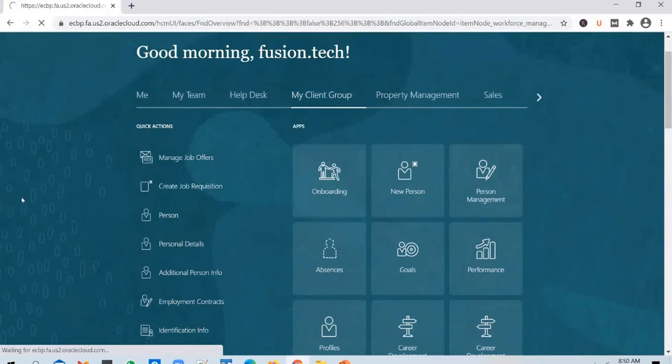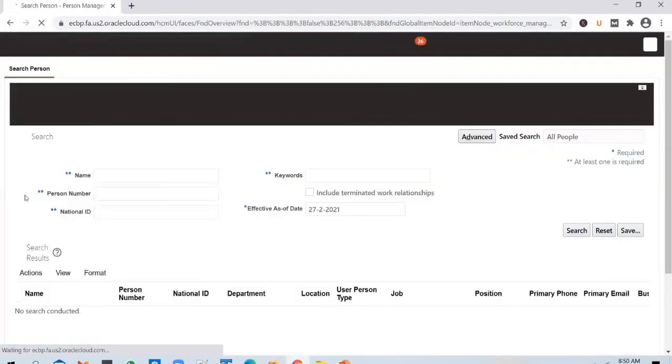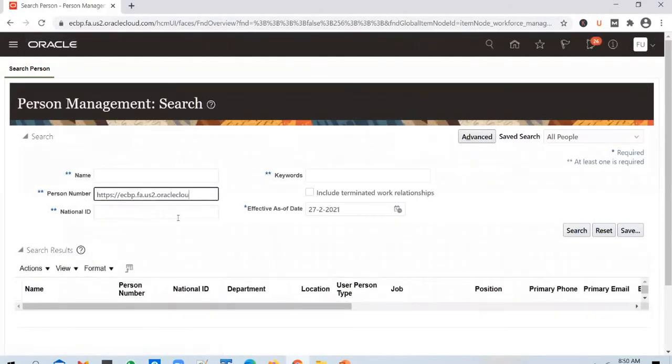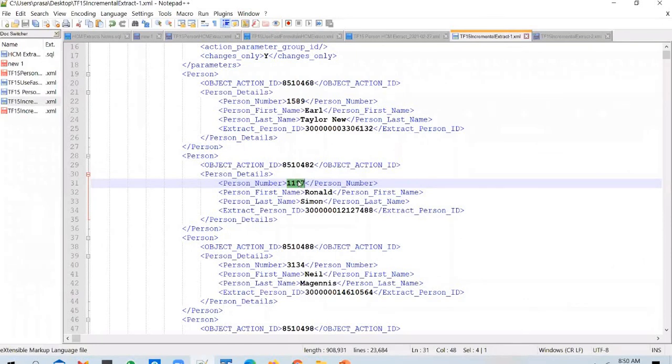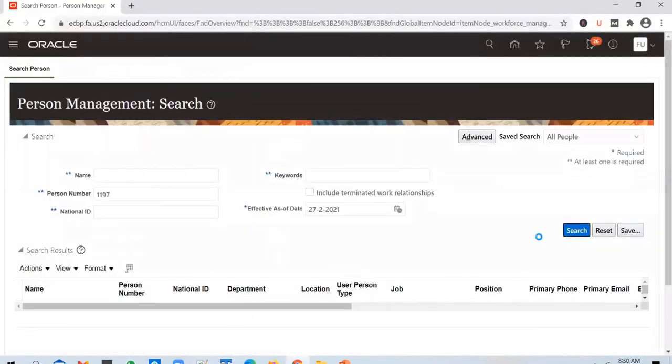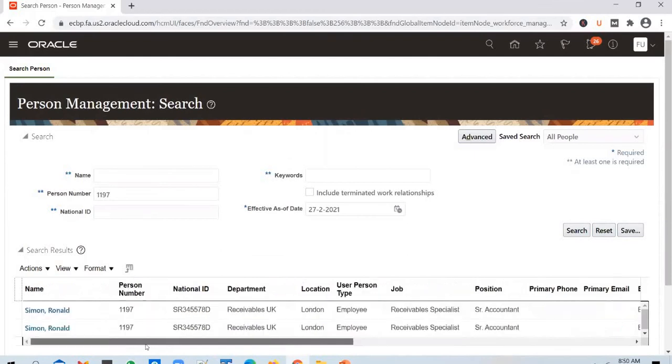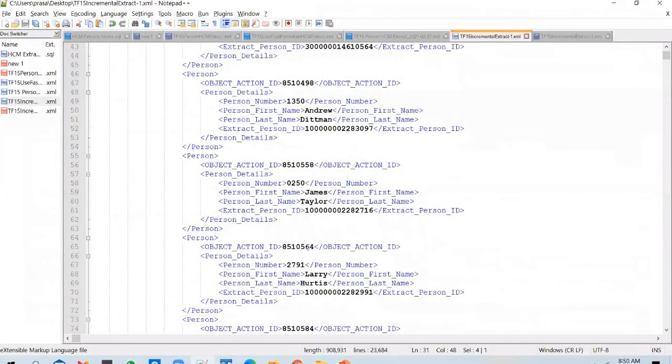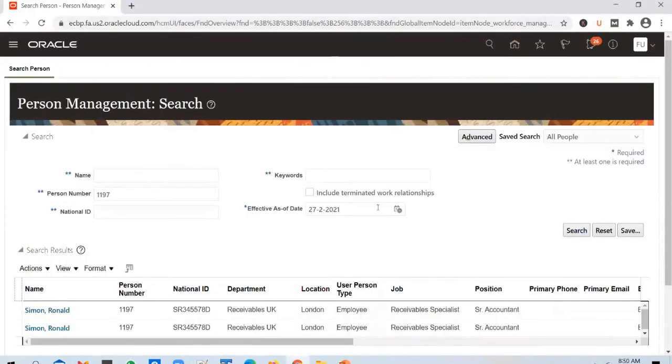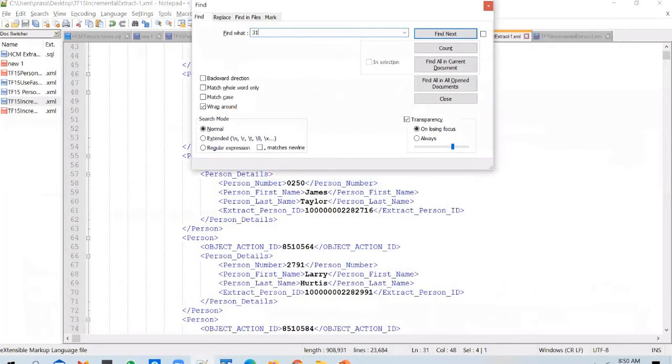Click on it, and you can search for an employee and update it. Let's pick this one, 1197. There are 2 employees here. Okay, let's pick up another one.